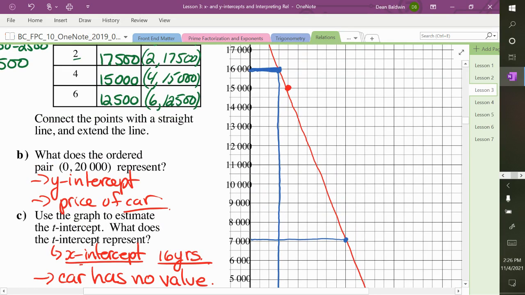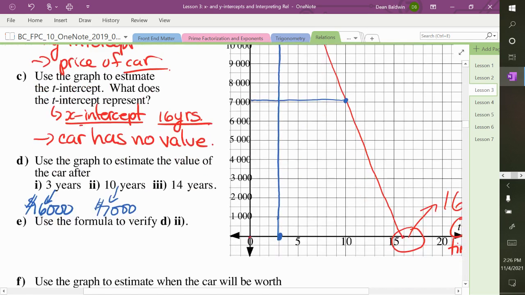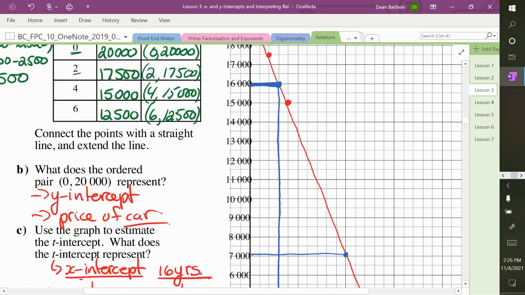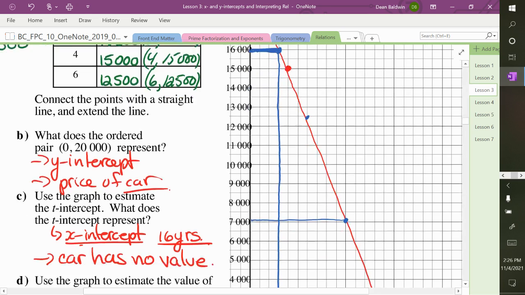Probably should have. So it's like right there or something. I thought I did it, but